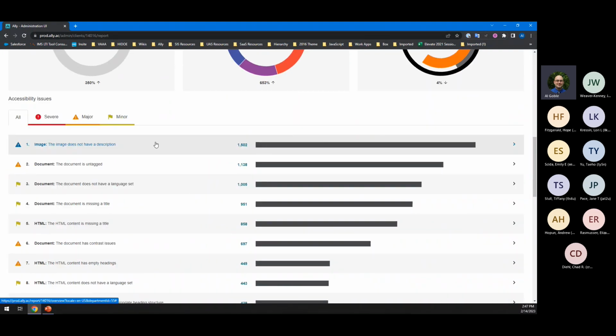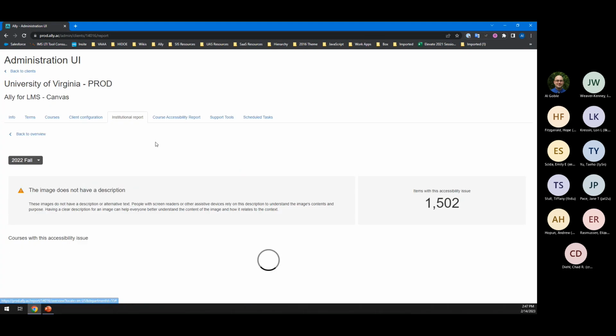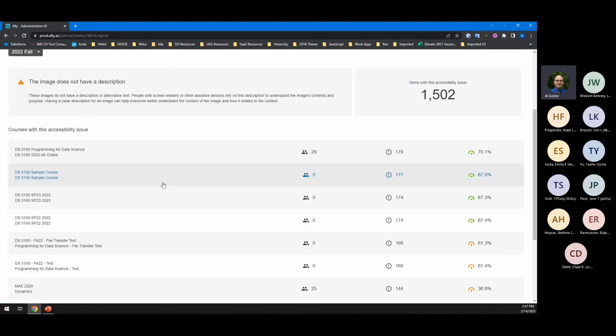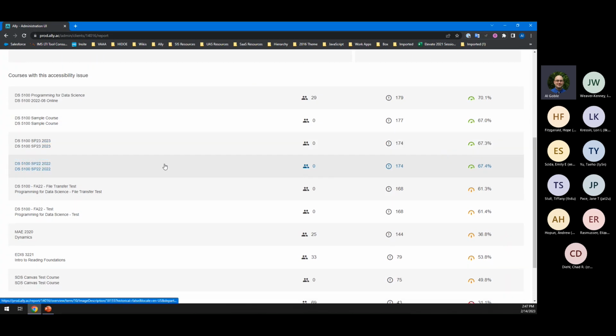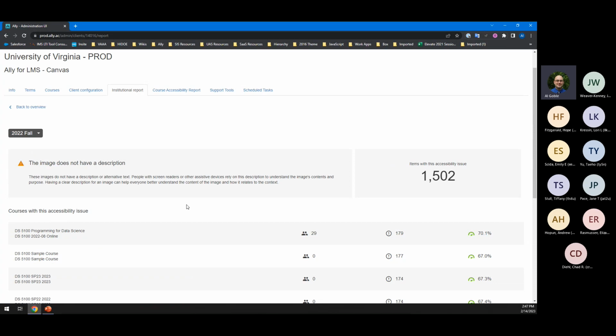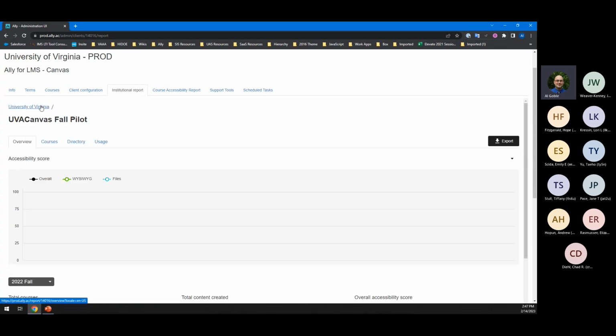And then again, if we go into these issues, we're going to see the courses underneath that sub-account that have that particular issue. So it's just like the overview tab, but instead of it being the whole system, it is just the view from that sub-account down. And we can even,